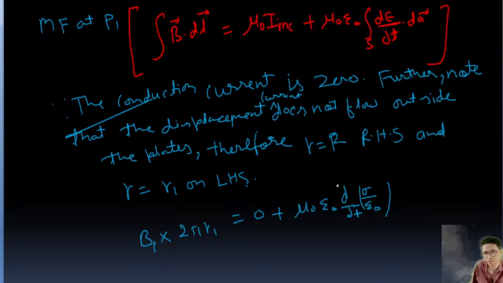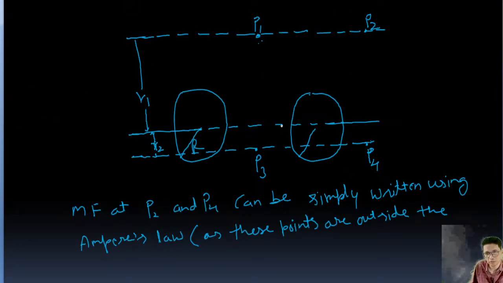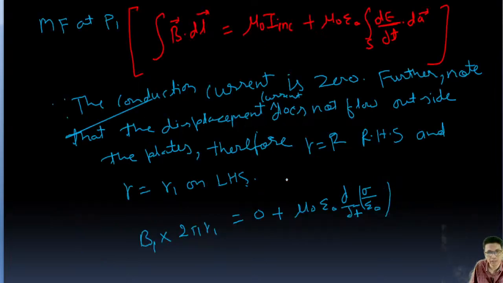So this one, sigma upon epsilon 0, right? Sigma is the charge density. So the electric field is sigma upon epsilon 0 inside the parallel plate capacitor, we know, right? So this is sigma upon epsilon 0, and now